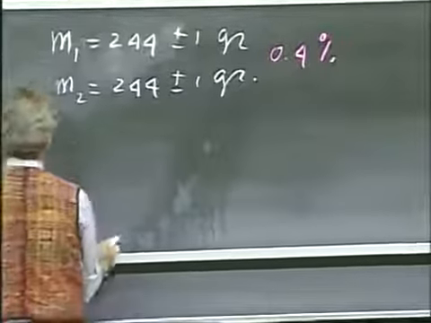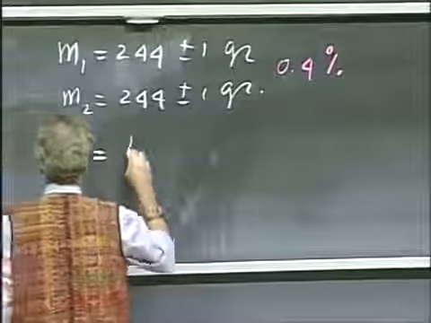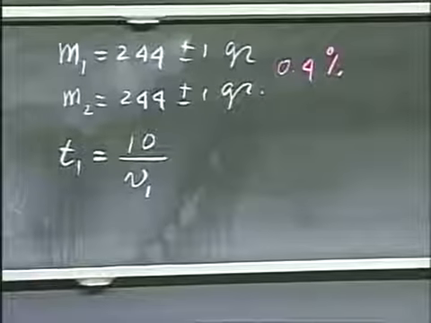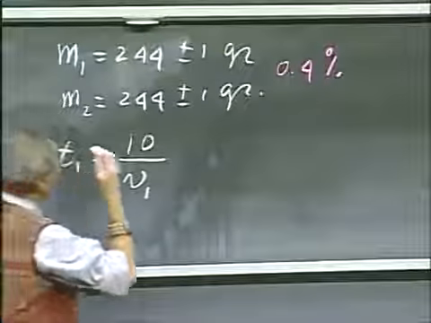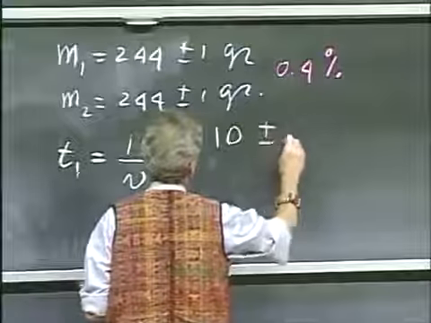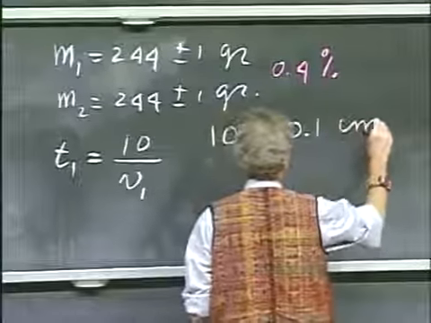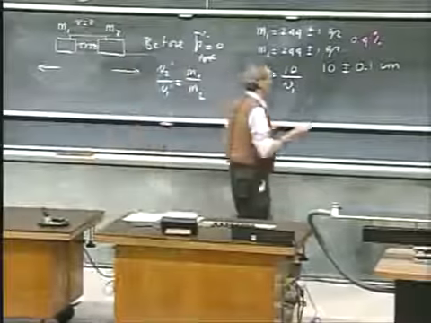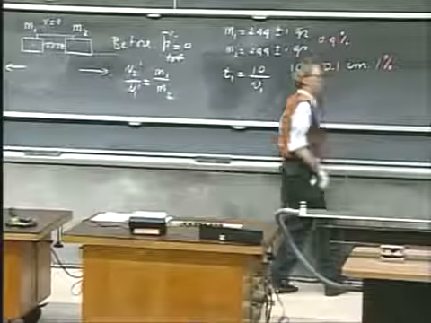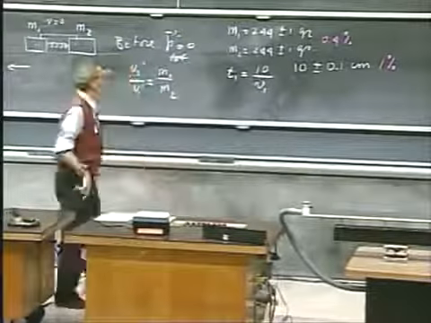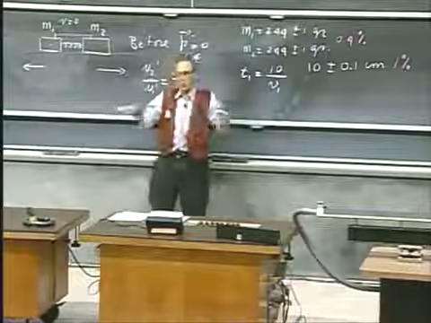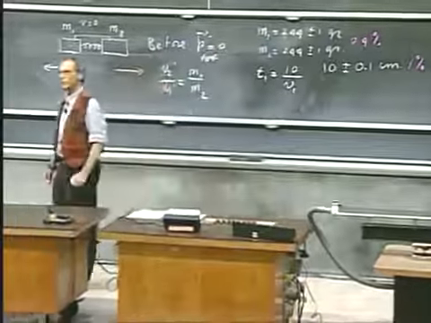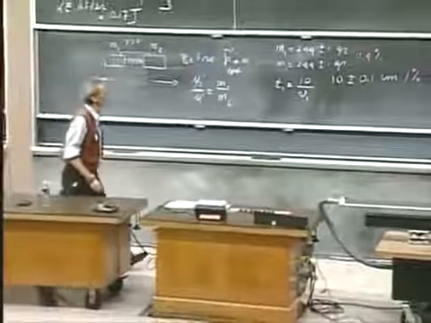The time that it takes for object number 1 to go 10 centimeters is obviously 10 divided by v1, which is the velocity that we want to compare them with. Now, the 10 centimeters is really only known to an accuracy of about 1 millimeter. So that is an uncertainty of 1% in my timing, in my velocity. So this is a 1% uncertainty. So if we measure the times that object number 1 and object number 2 will go through this timing device, a measurement of 10 centimeters, you would expect the times to be the same to within roughly 1 plus 0.5,